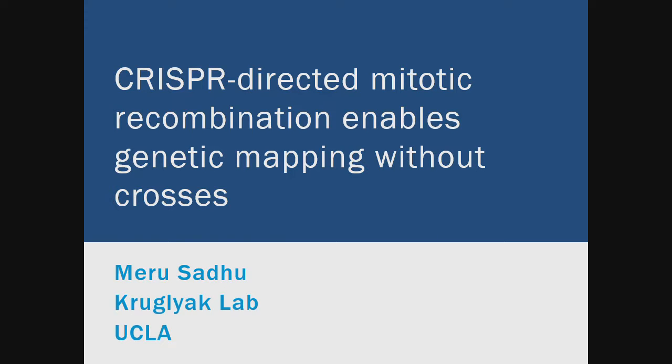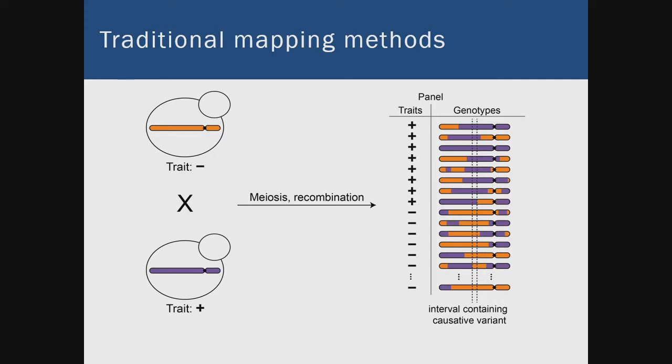Hello. So today I'm going to tell you about a new genetic mapping method that we've developed in the Krugliak lab. To begin with, I'd like to tell you about traditional mapping methods. In genetic mapping, what you're generally interested in doing is, if you have a trait that differs in a population that differs genetically as well, you want to find the genetic variants that cause the difference in the trait. What I'm depicting here is a simplified diagram of linkage mapping, which is similar in philosophy